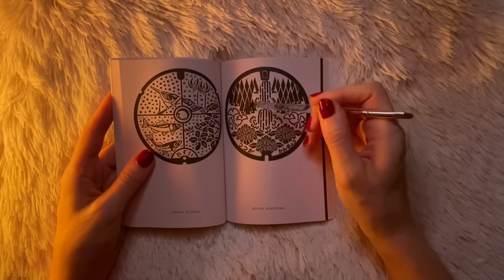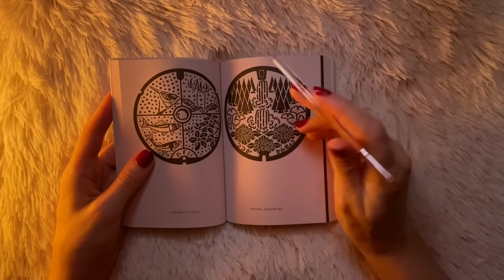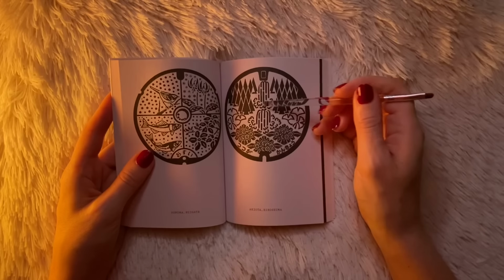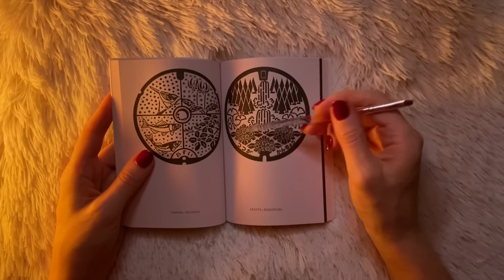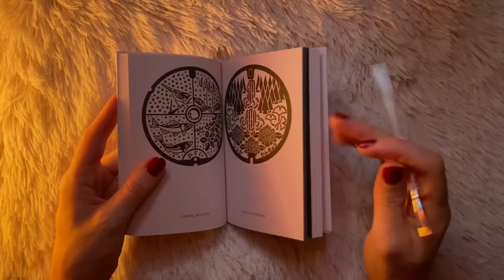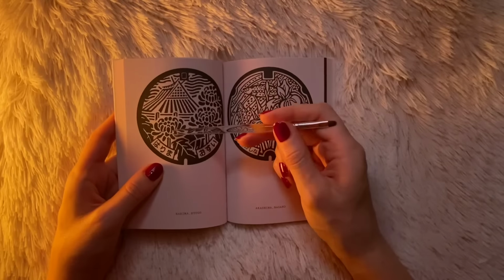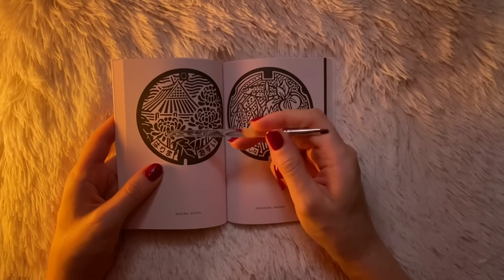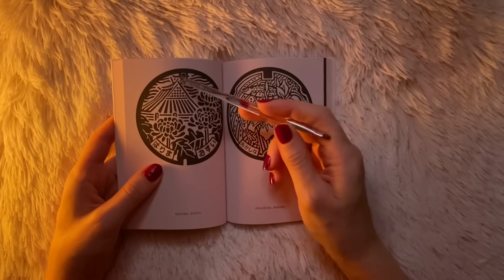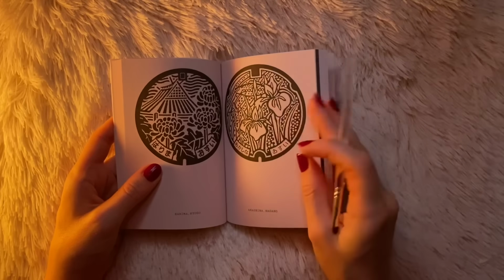This one, we have some geometric trees, some plots of land here with crops maybe, some kind of waterfalls. Everything's very symbolic and kind of looks like a video game to me. This one's really beautiful. I love these flowers with these petals curling up and in. Fish, flowers,